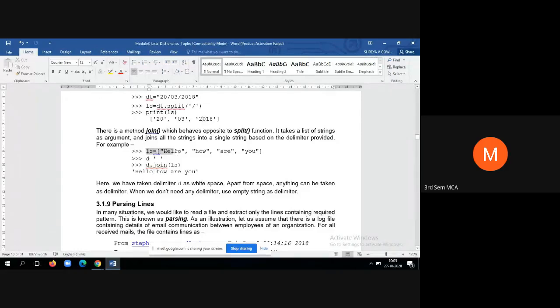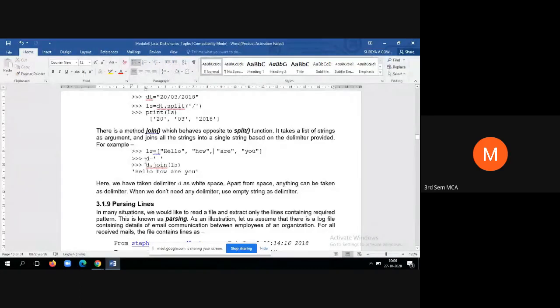You can see here we have ls is equal to four values: hello, how, r, and u. So we have four elements. Now I want to combine these four elements and make one meaningful string, hello how are you, where each word is separated by a blank character. That is called the delimiter.